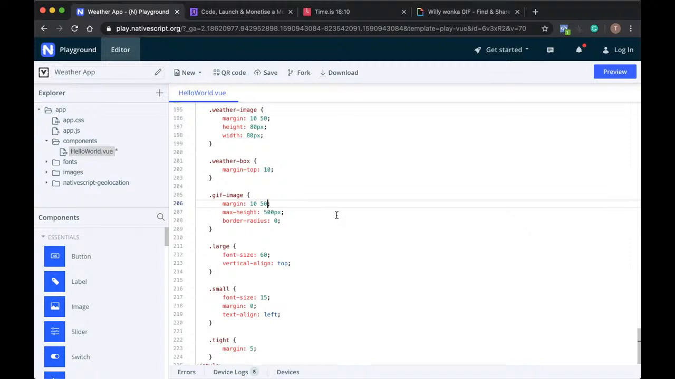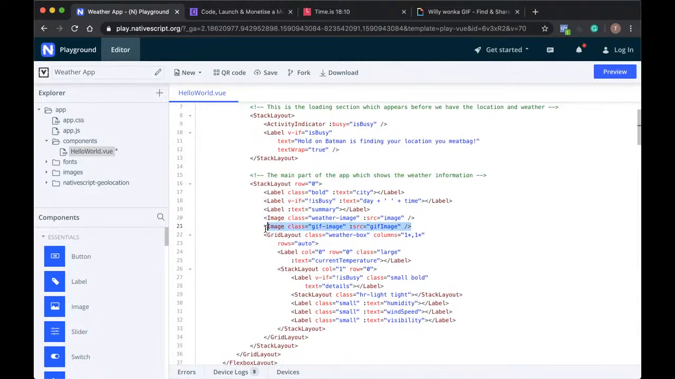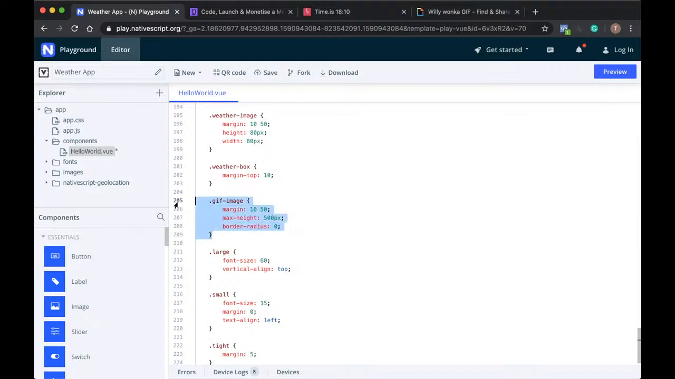So PT's asking if I can see my dimensions for the GIF image. On the GIF image, if I go to the template, this is the image element, which contains the GIF image, and there's a class called Gif Image on it. If you look at the Gif Image CSS, here's all the code to do with any dimension or styles, and all I've got here is a max height of 500 pixels,